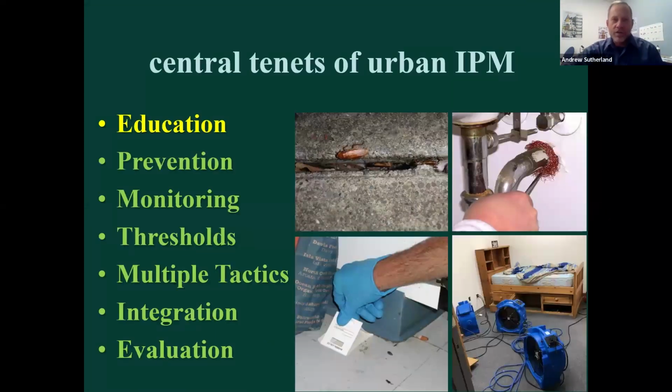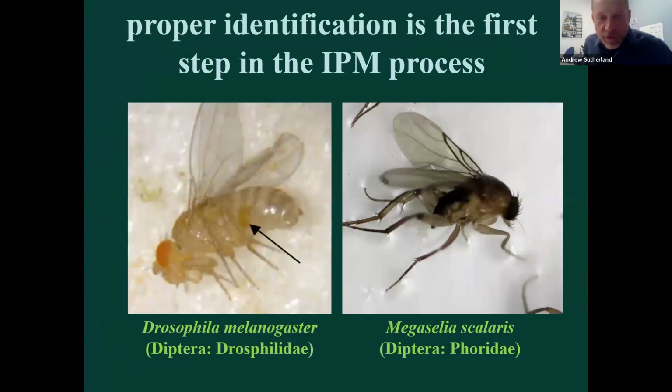All right, so let's go through these central tenets of urban IPM with some examples. So let's start with education. And a big part of education is proper identification. We need to understand the ecology of our target. And in order to do that, we need to properly identify our target. So here's a case of small flies. A lot of you guys deal with flies in structures, restaurants, schools. And if all you do is think about the fly,